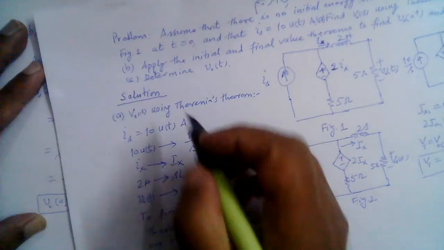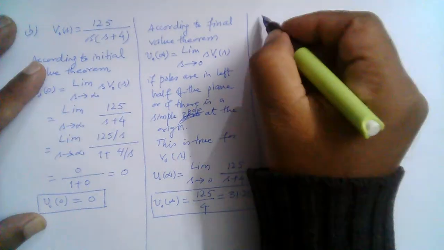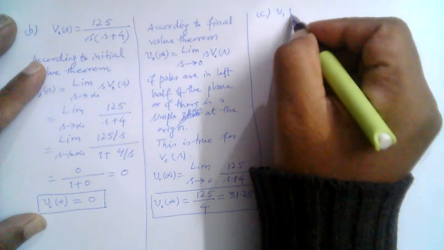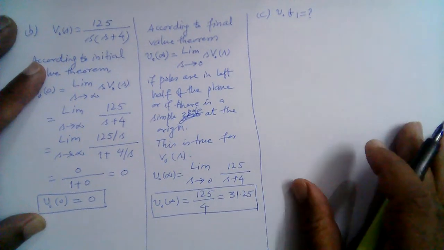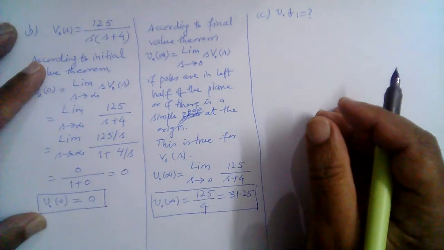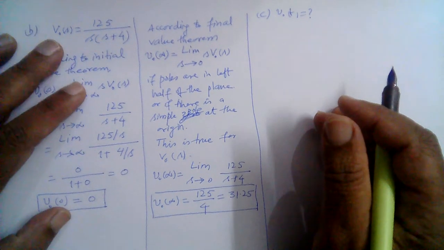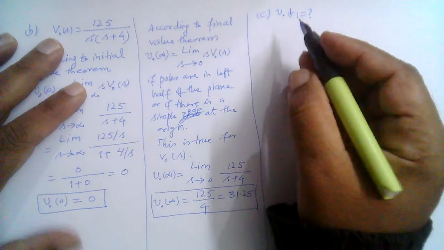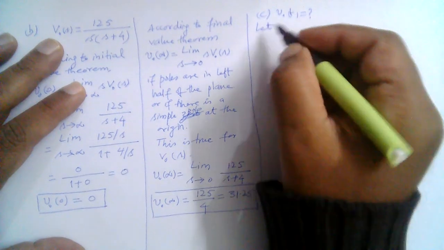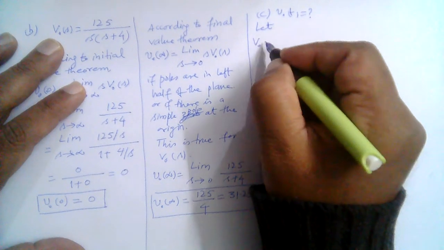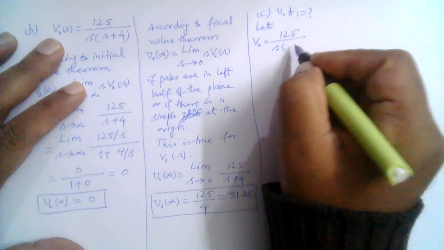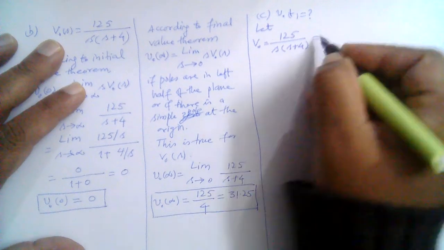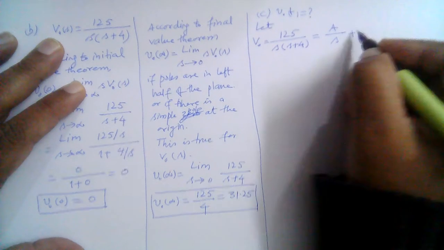So part C is: determine V naught t. We need to determine the value of V naught t. For this we need to find the inverse Laplace transform. For this we need to expand this using partial fractions. So let V naught is equal to 125 over s into s plus 4 is equal to a over s plus b